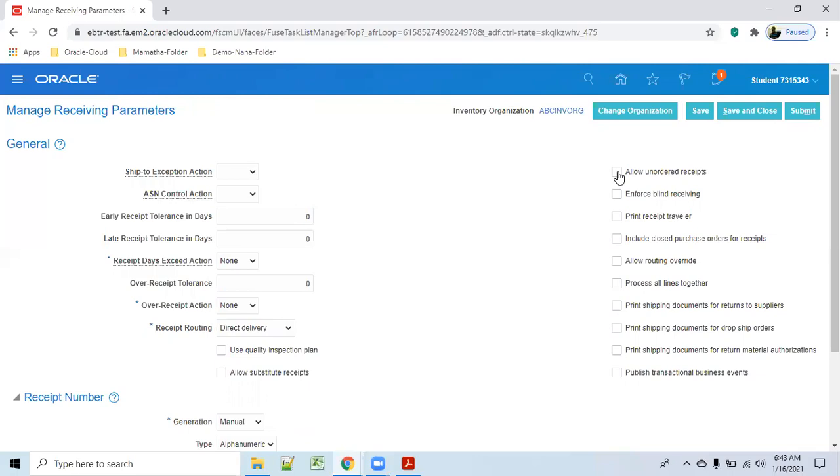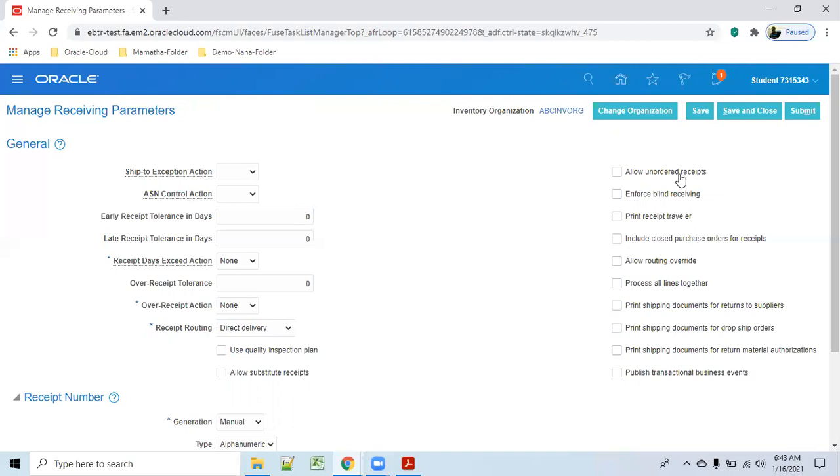How did you get that? Based on unordered receipts. These are samples they sometimes send to recommend their product, to market their product, or to show that this product has been launched in the market.